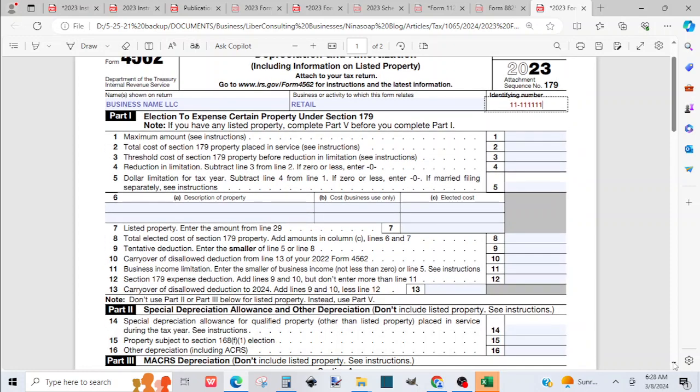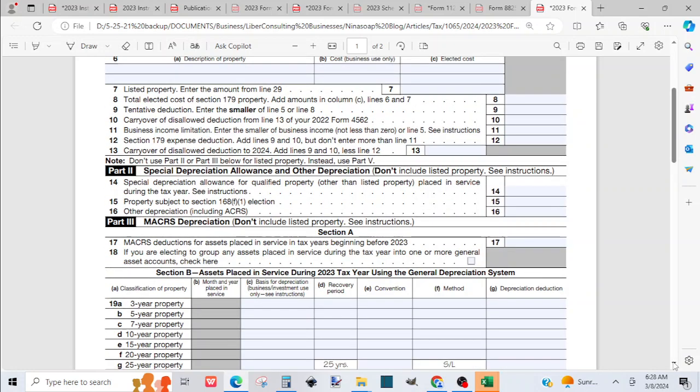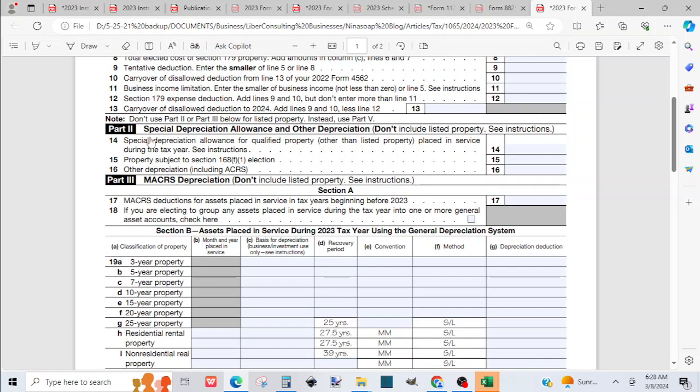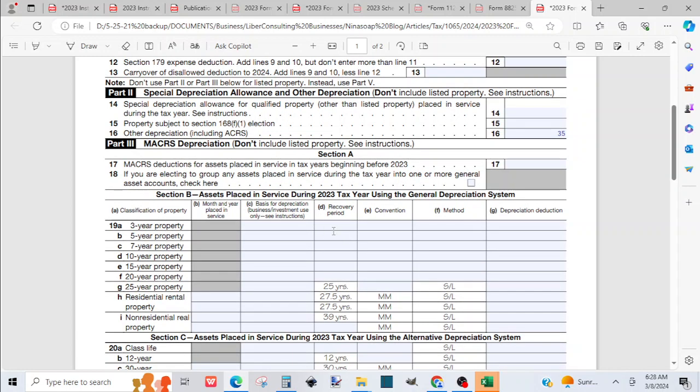And we are now going to claim section 179. We are now going to claim special depreciation allowance, but in that section though, they have other depreciation including ACRS, and that's where we'll put this number 35. The way I like to do it though is not using that, but just put it under section B, 3-year period. 3 years, 36 as well. That's why I converted to half year,